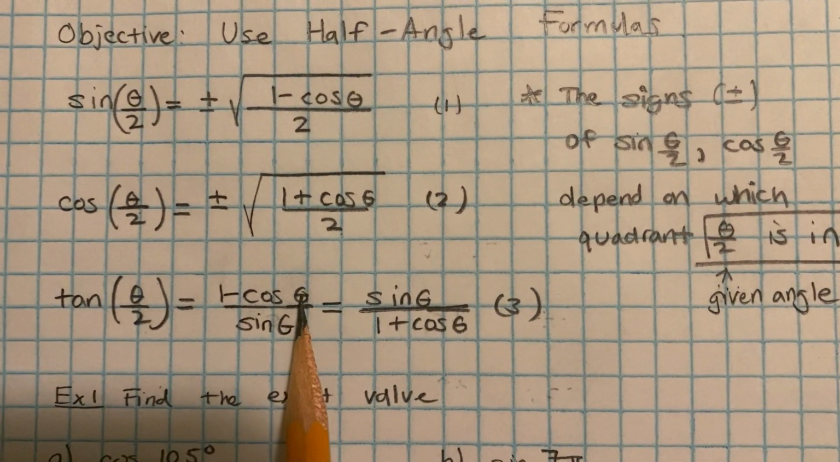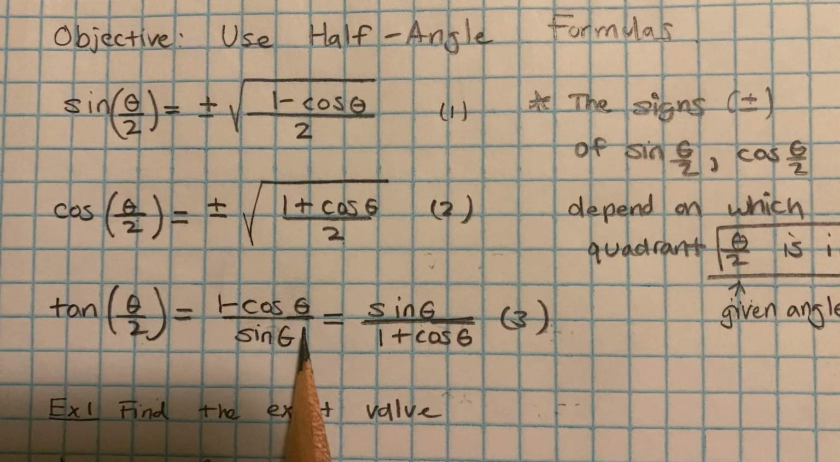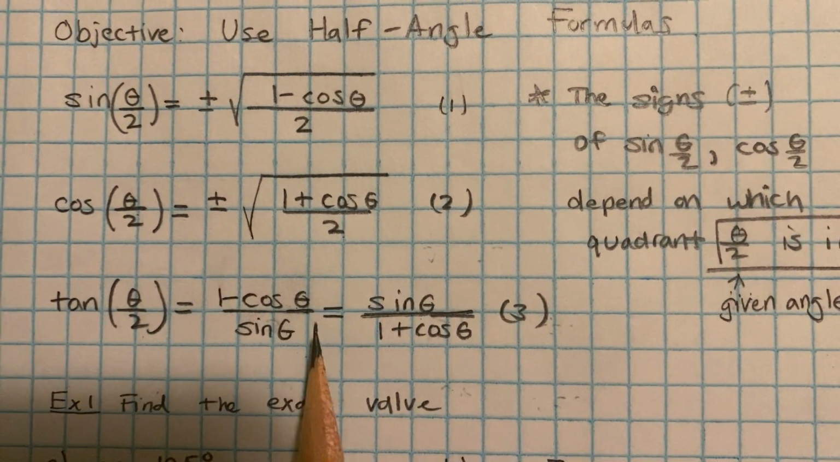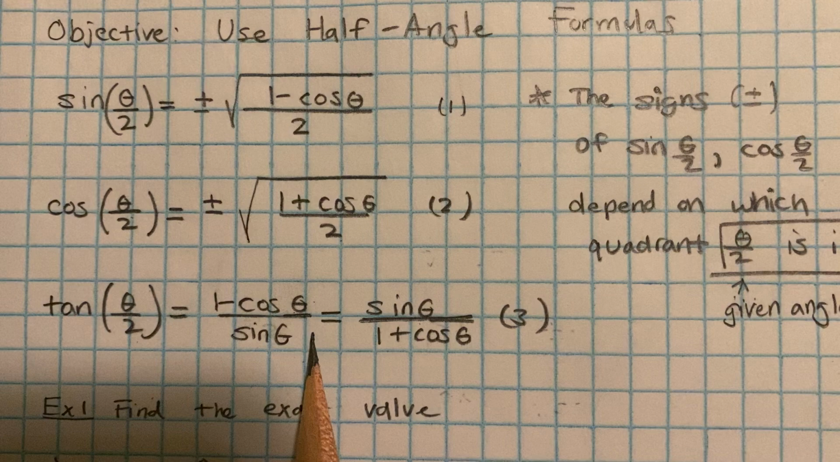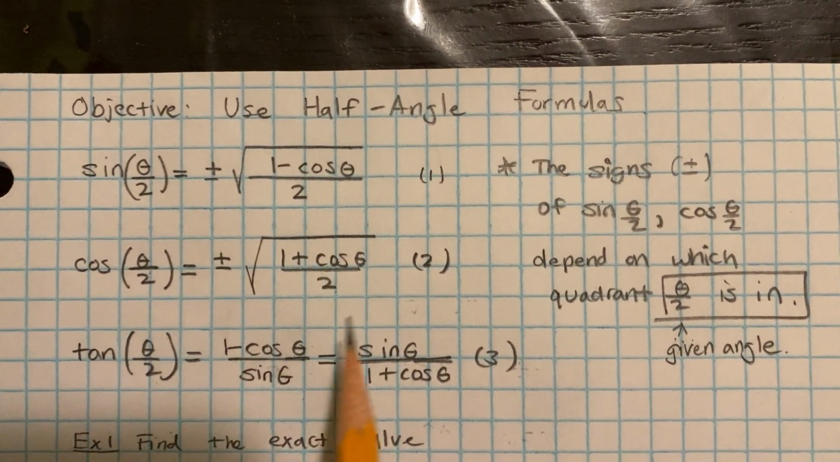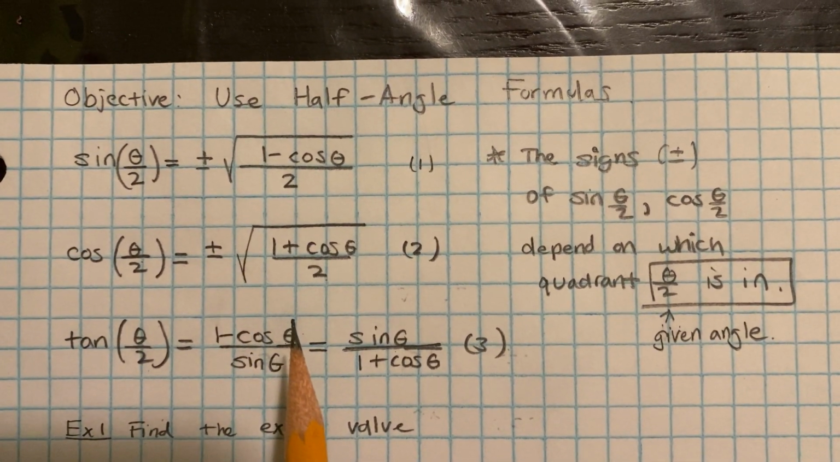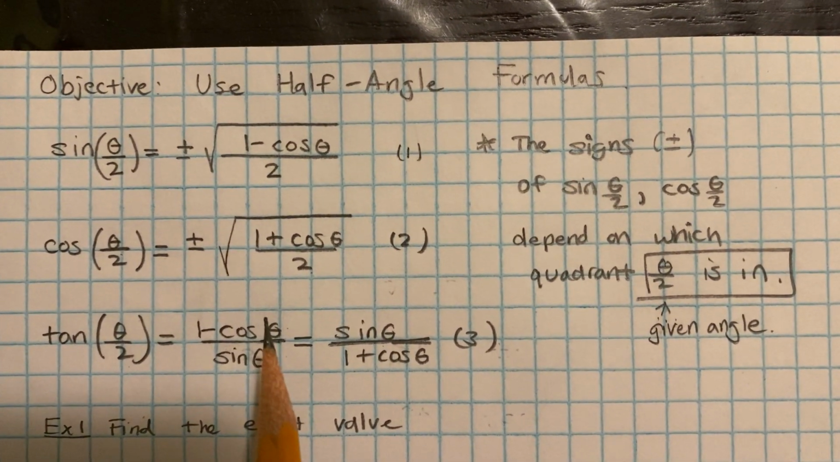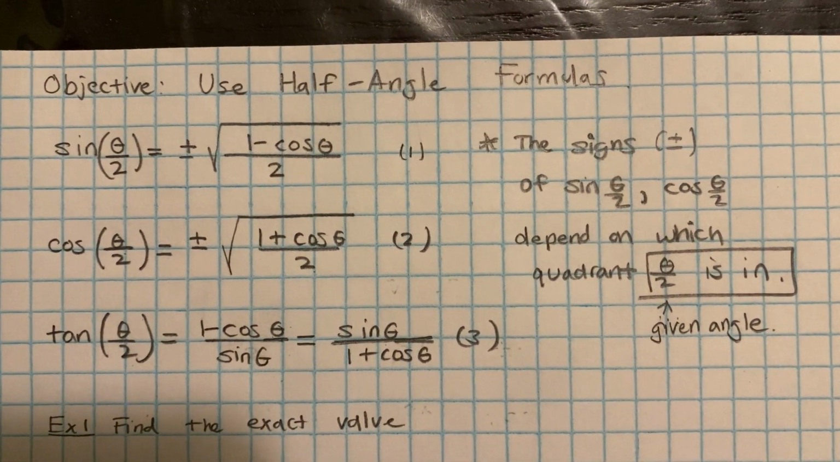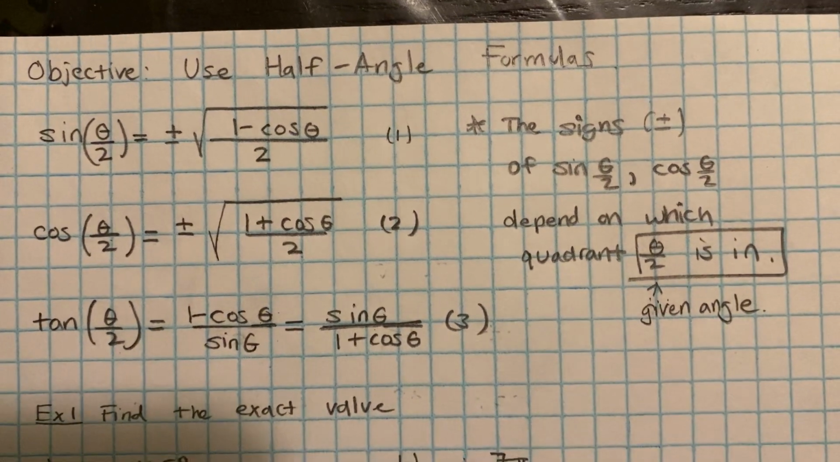The way you arrive from this equation form to this equation form is you can manipulate and multiply top and bottom by 1 plus cosine theta. Again, out of the interest of time, if you really are curious where these formulas come from, you can refer to your textbook. But again, under normal circumstances, I would derive these in class with you, but we are not